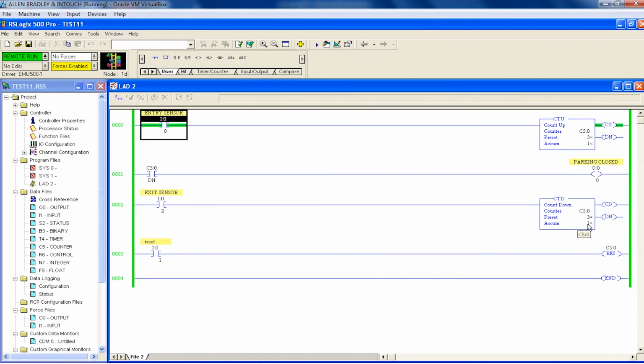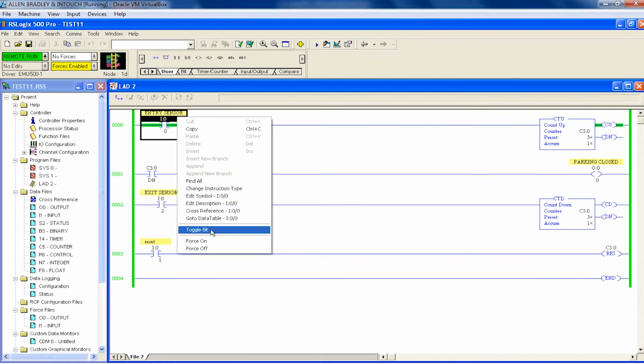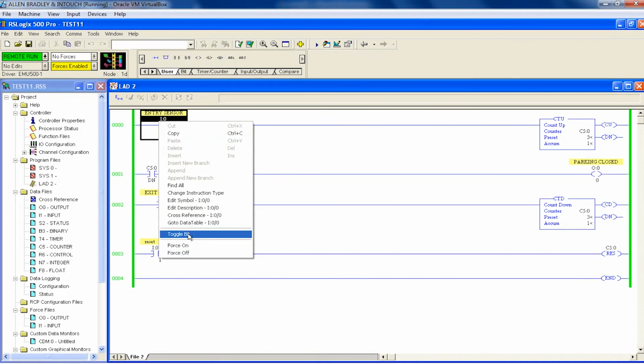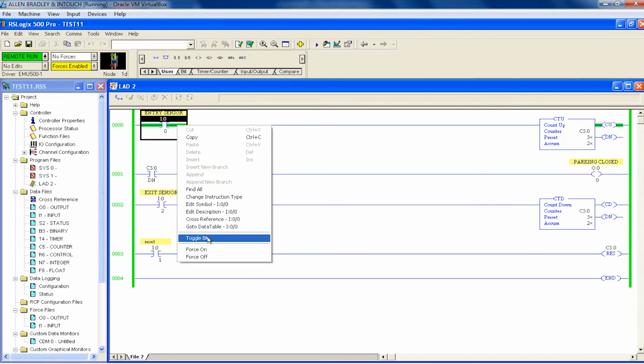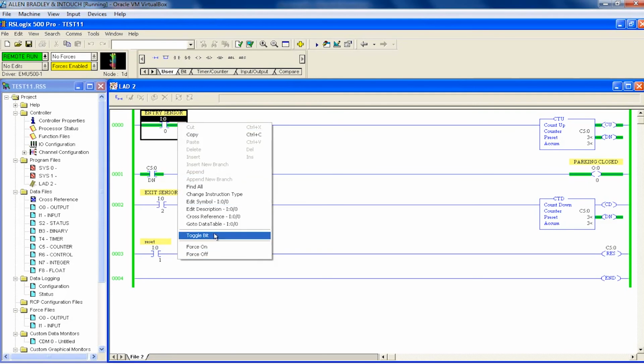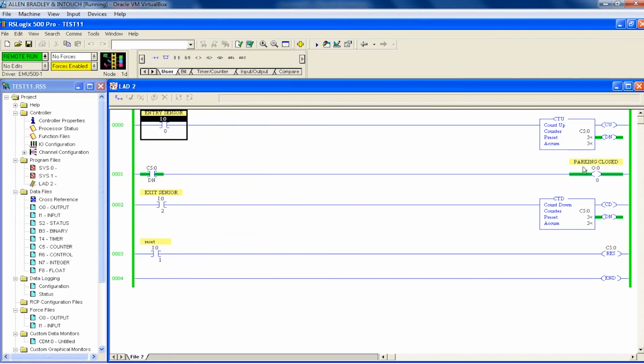This is because we are sharing the same counter address. For this I told you we need to use the same address for the counters. Now the second car is also entering. Now the third car has also entered. So there is no space for parking. Now parking is closed. This indicator shows there is no space for parking.